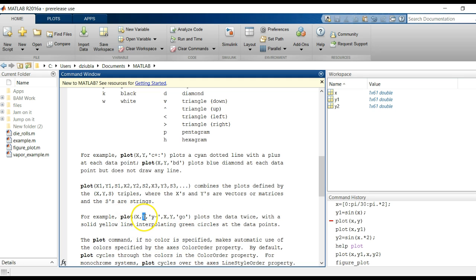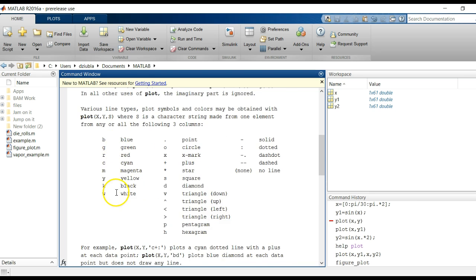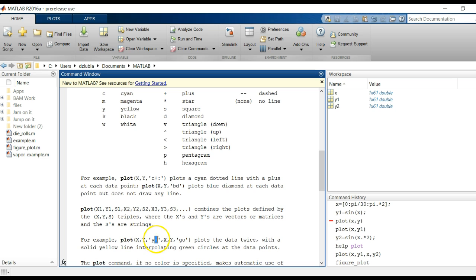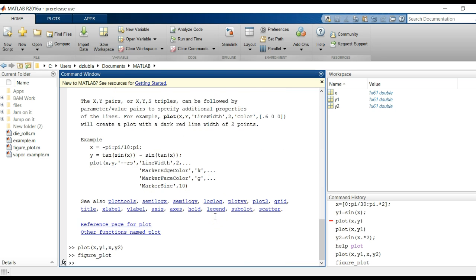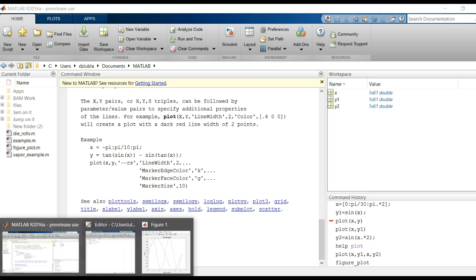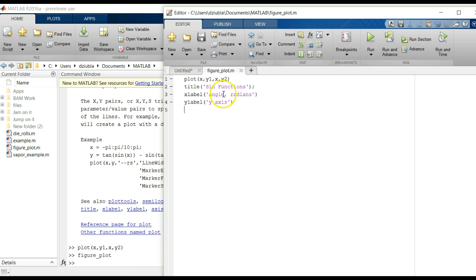You can specify x and y, the variable, and then right after that, using the string command, you enter in what you want it to look like. You enter in a color code given by a letter, a line if you want it to be a line, a circle if you want it to be a circle, or it can be a combination of the two if you want both a line and a dot. So, with all that said, let's go back to our data and let's do something